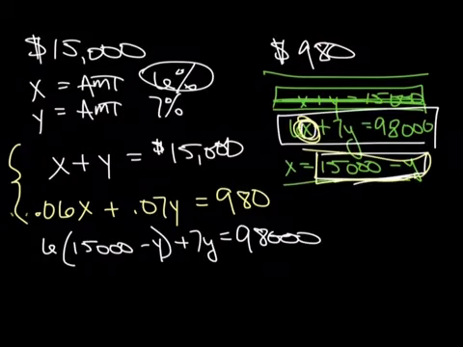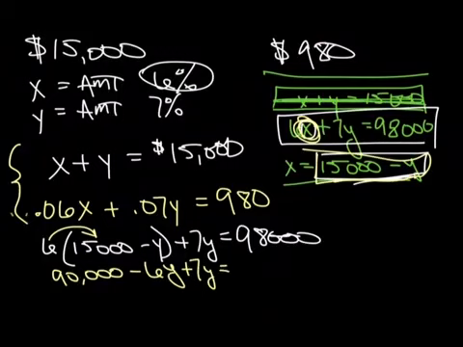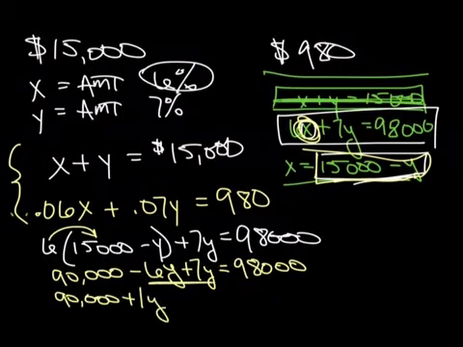And then I'm going to go ahead and distribute. Okay, combine these. That's 1y. Subtract 90,000 from each side. And my y is